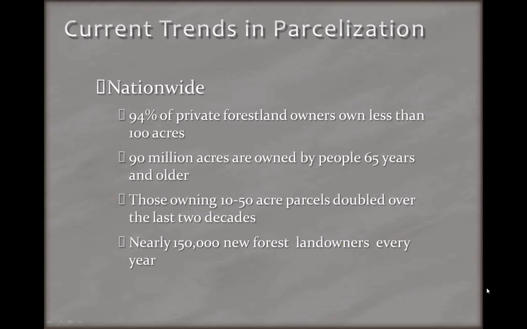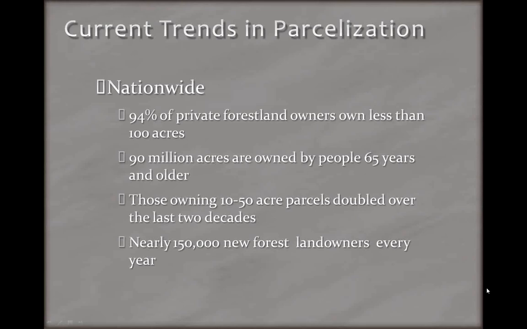This next slide, once it pops up here, is some more summary statistics on some of the forest landowners. Most of the parcelization literature that you find is forestry based. There really isn't much else out there in terms of other types of land cover or land use. It's mostly forest-based, and so this is what I'm pulling from. Right now we're seeing about 94% of forest landowners own less than 100 acres.